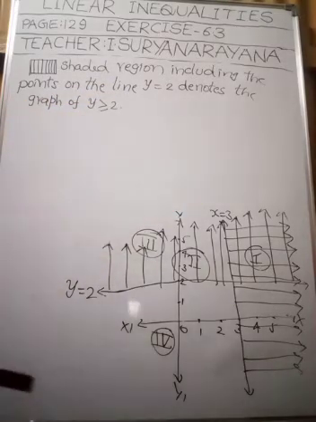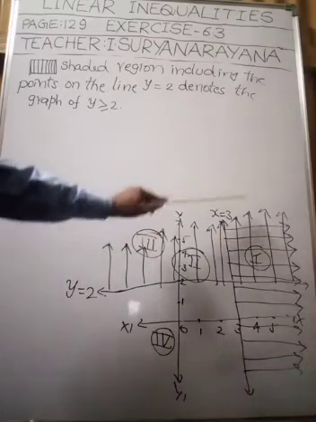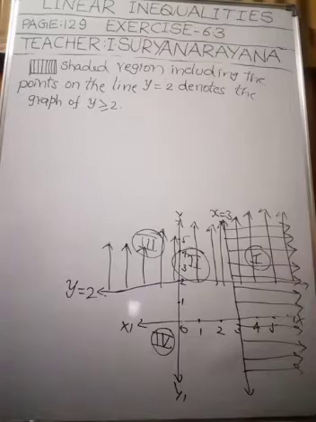Understood this point, my dear children? Right. Now, finally, we have to write this double lines shaded region denotes,